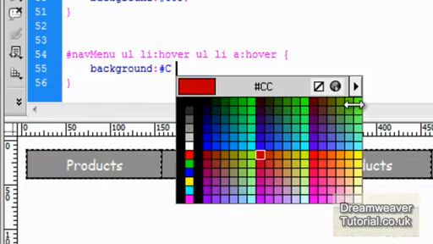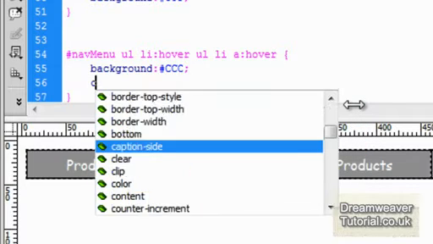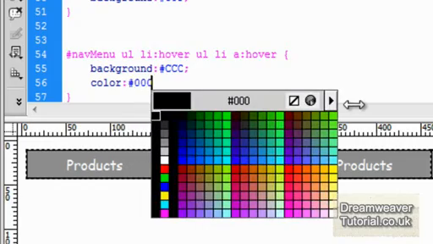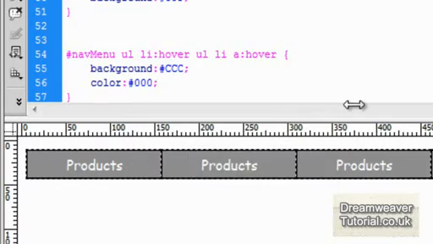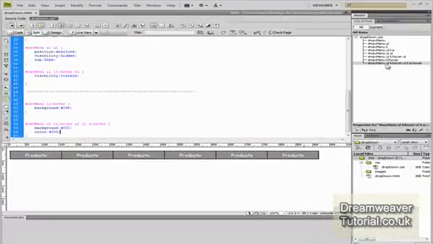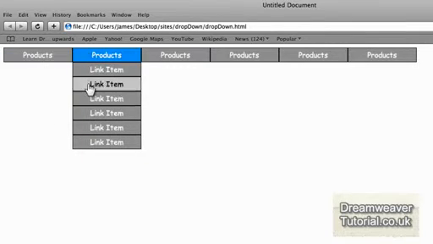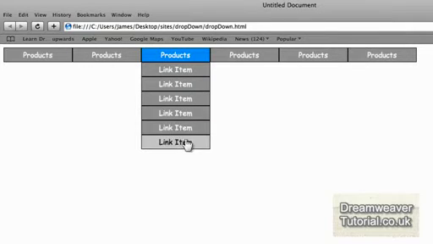So I'm going to type in background: #CCC for the background color of the hover effect, and I'm going to change the text color to black. Okay, so let's preview that in Safari now. It was quite a long selector we made there, but it's well worth doing and experimenting, because now we've got a rollover effect that stays blue on the hover and then changes color for the link items. So the hover effect is a lighter grey as opposed to the same blue that you had with the main